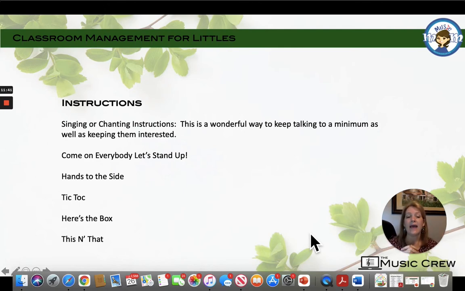Sometimes I think that kids get that, you can see it when it happens. They get this glazed look over their face. I feel like they're listening to all of my words, and all they're hearing is kind of like the Peanuts mom, wah, wah, wah, wah, wah. That's all that they're hearing. So you don't need to say all of those instructions.